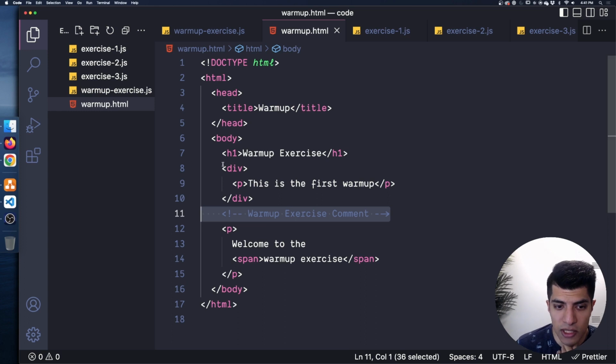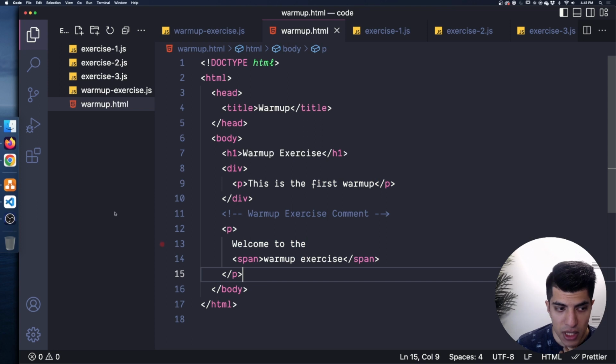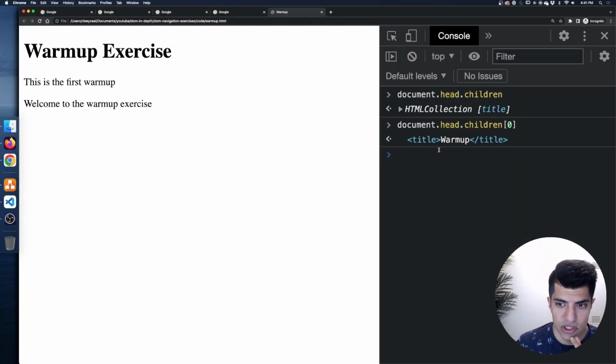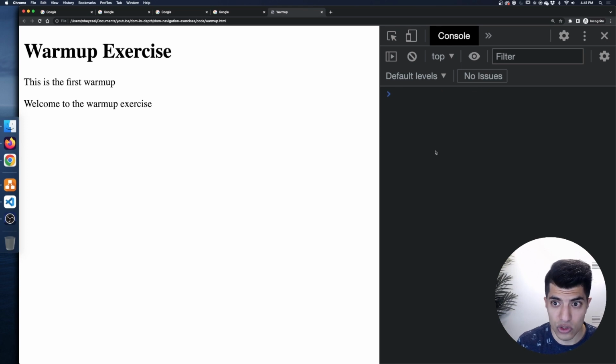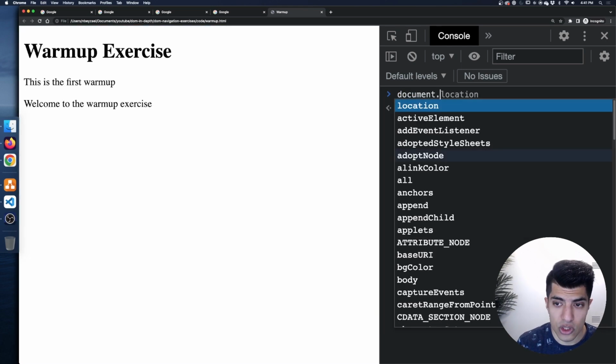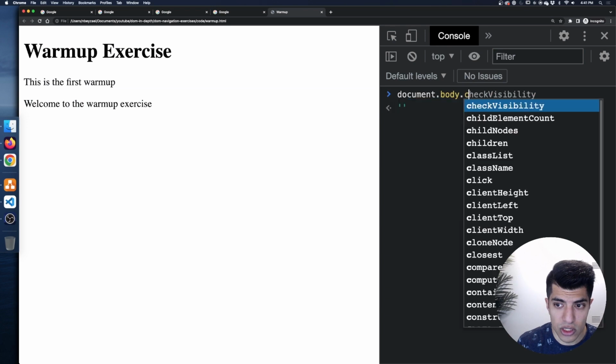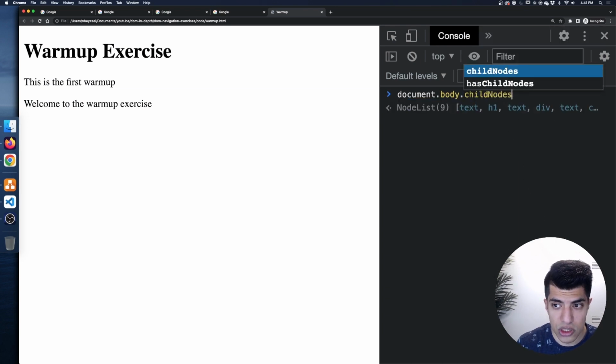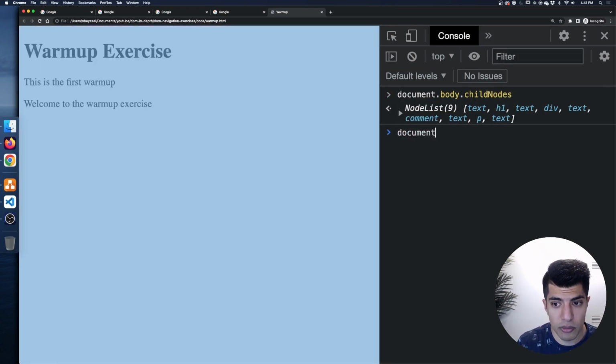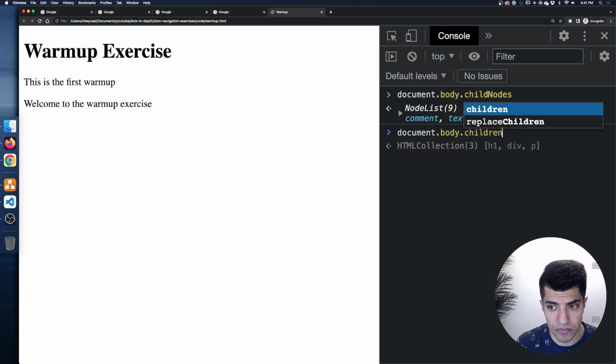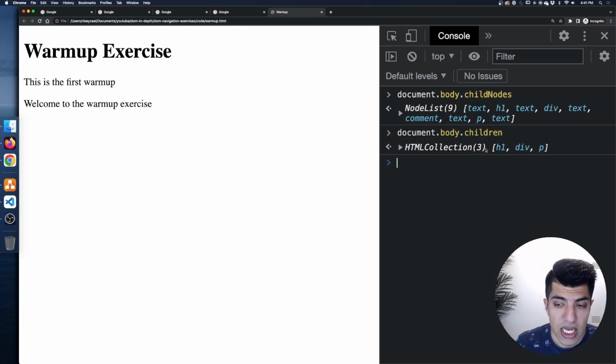I have it in between the div and the p tag. Okay, so let's kind of think about this. Let's go back to our console here, and I'm going to do document.body.childNodes. And I'm going to compare this to document.body.children. Okay. Now notice, if we're looking for a text element or a comment element, I should say node, sorry,